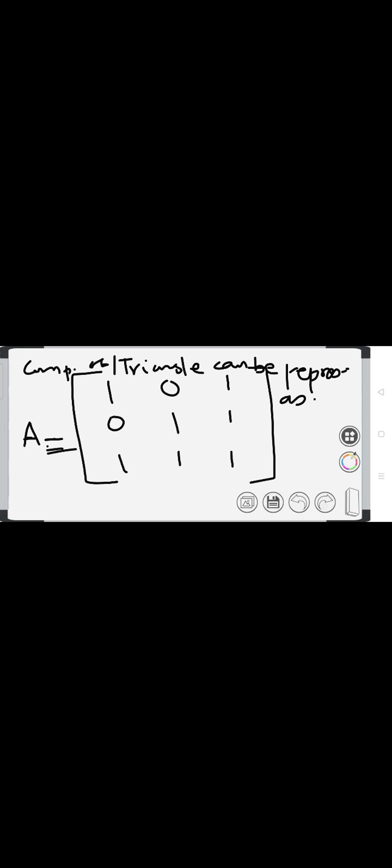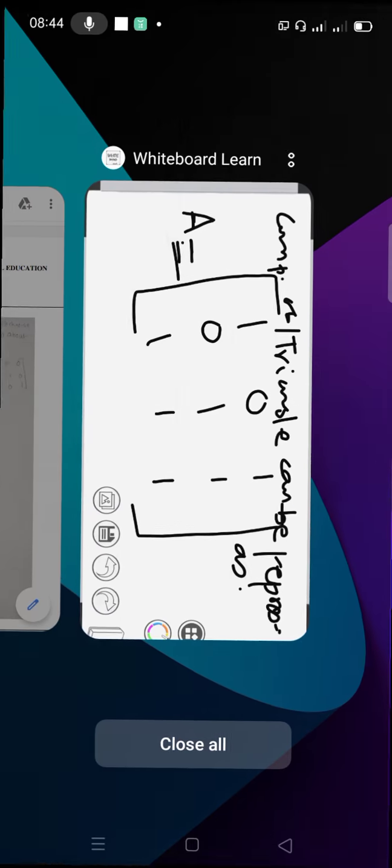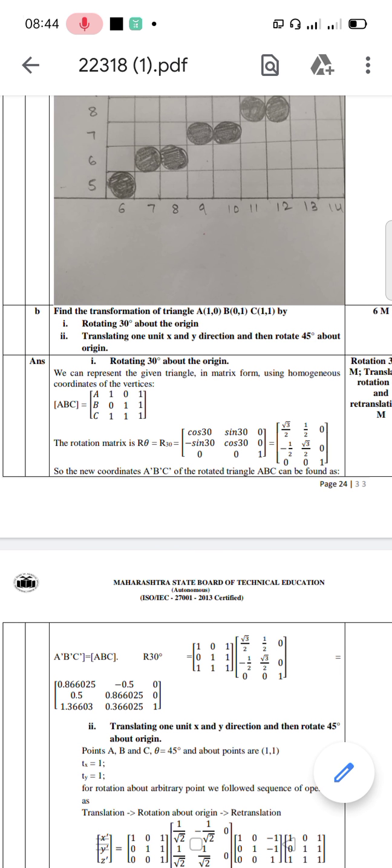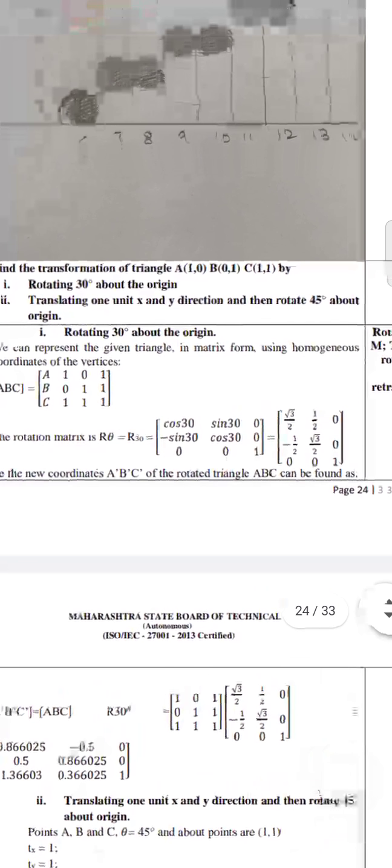Now you want to perform, okay, first bit is you want to perform rotation on the given matrix by 30-degree angle, rotating 30-degree about the origin which is given to you. So you have to write down the rotation matrix. Now in the previous problem we have seen the rotation matrix, right? So this is the rotation matrix, cos theta sin theta 0, minus sin theta cos theta 0, and 0 0 1. So you can replace theta by 30-degree.